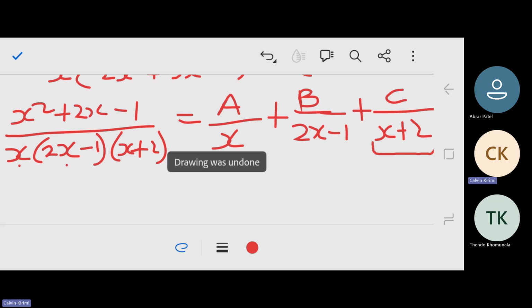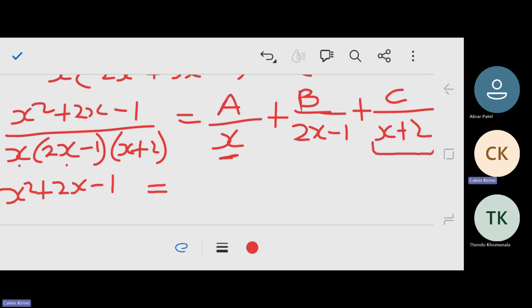So now we want to equate the constants. Our numerator is x squared plus 2x minus 1, is equal to what? x goes into this expression how many times? You indicate it goes there. A is there, which means A bracket 2x